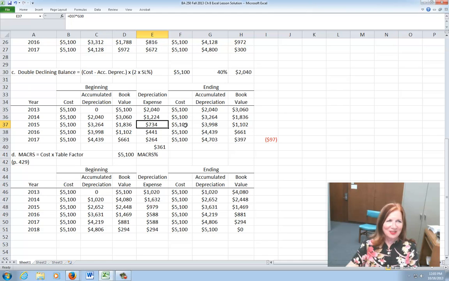$5,100 in cost, the new accumulated depreciation, last year's accumulated depreciation plus this year's depreciation expense, or G36 plus E37 to get ending accumulated depreciation, and then we get a new book value. And the new book value is cost minus accumulated depreciation. Now for